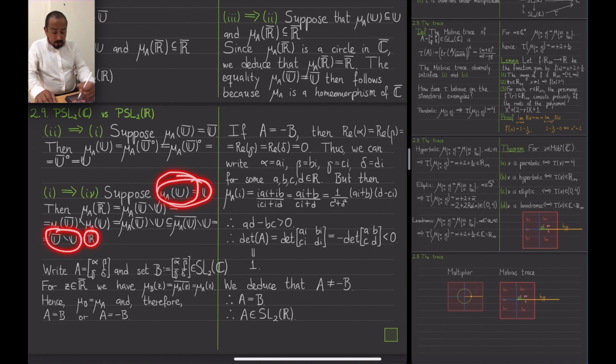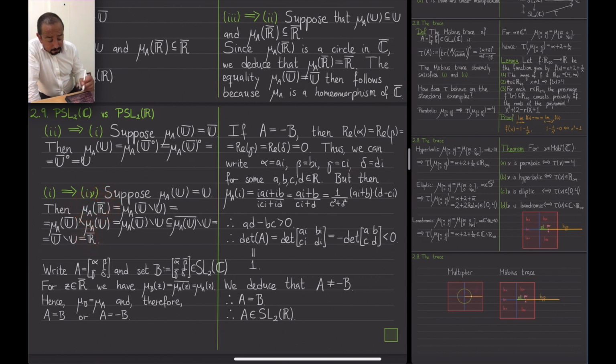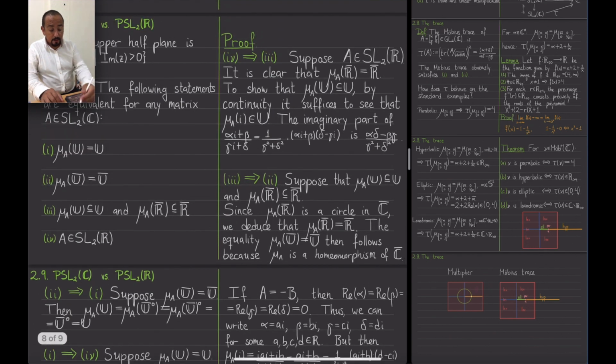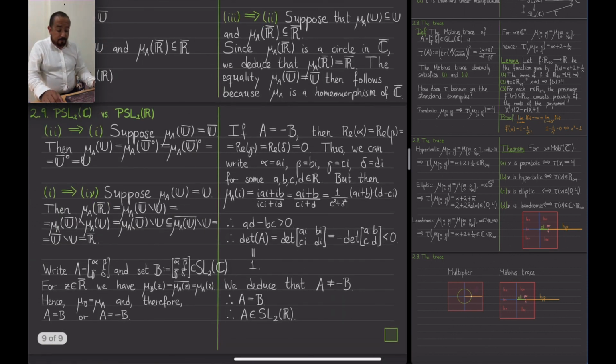So in the end, this game tells you that mu A of R bar is contained in R bar. With a little bit more work, you can actually show that there's equality, but this containment suffices for me. Okay, so now we want to show that A has real entries, right? Because we already assumed that it has determinant 1, and we are assuming this, and we want to show that A actually has real entries. Okay, so